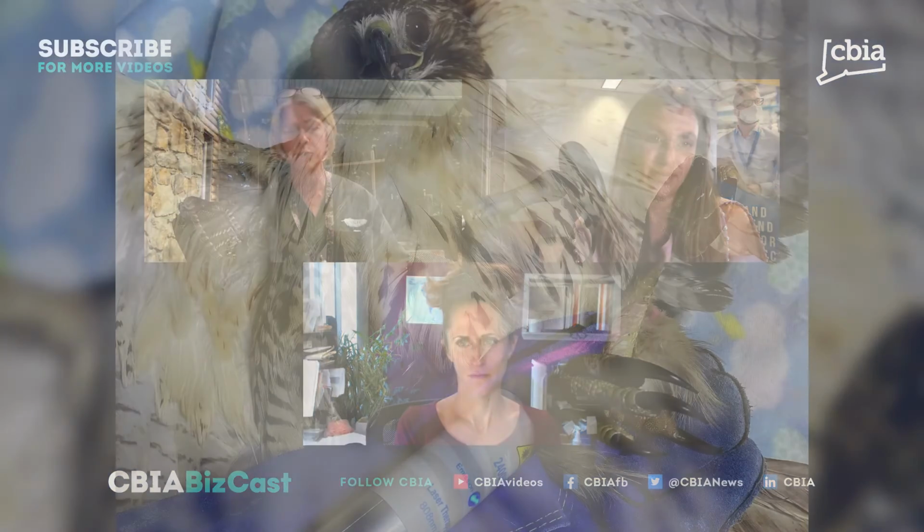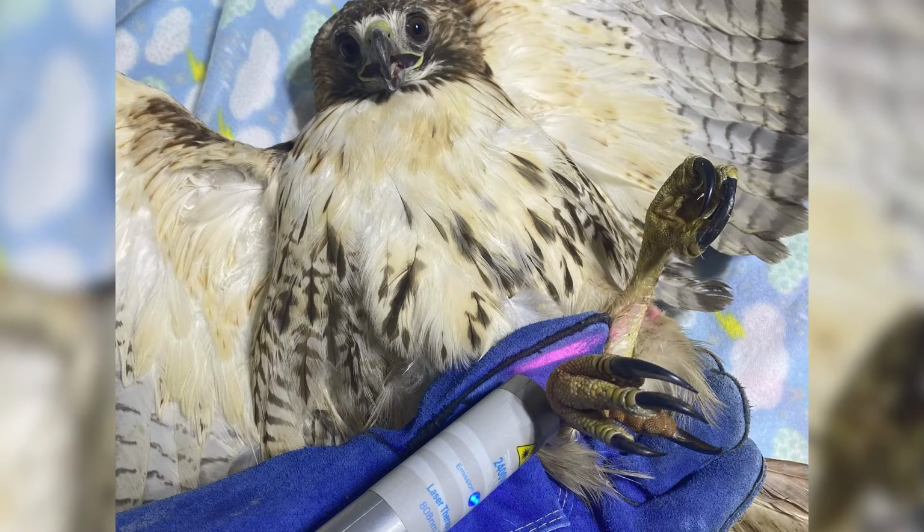So some are pending release, which is always what our goal is. And when we've got a bird that is pending release, there's less hands-on care at all. So cold laser really takes place when they are in the hospital for critical care,